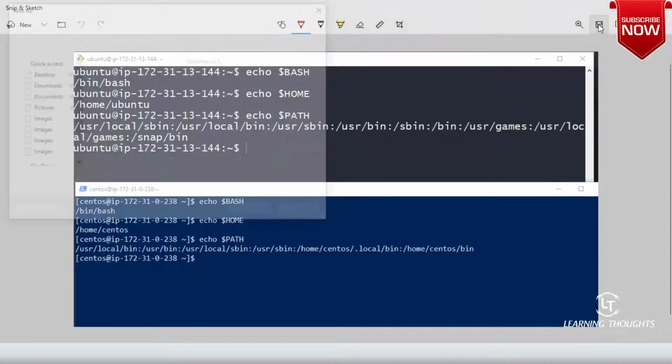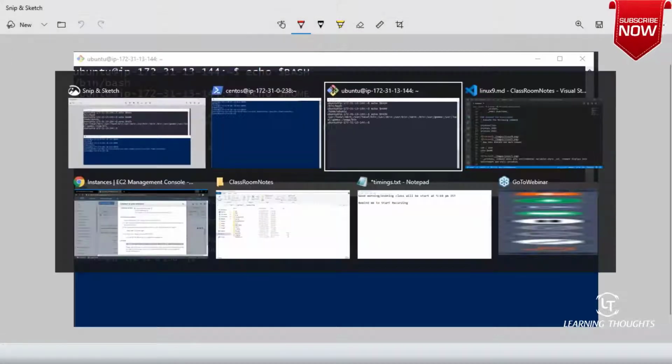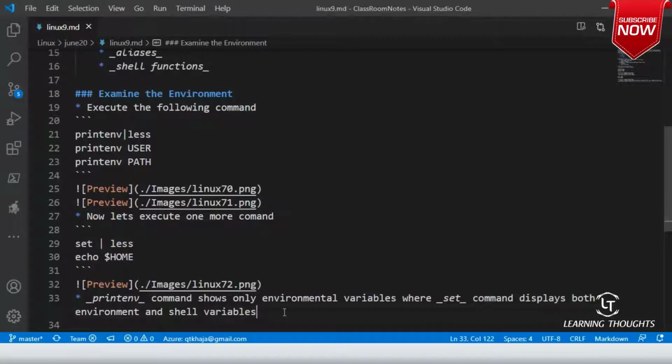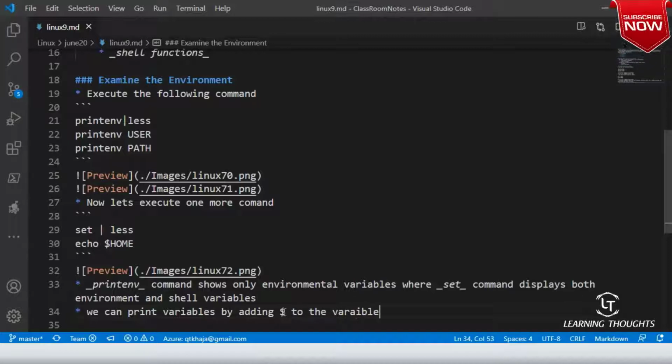Now let me save this file. We can print variables by adding a dollar to the variable name.